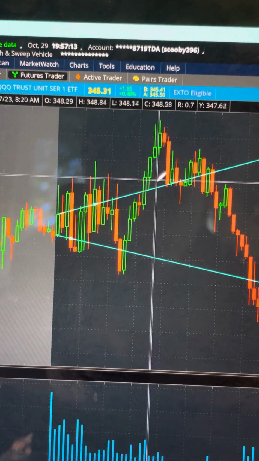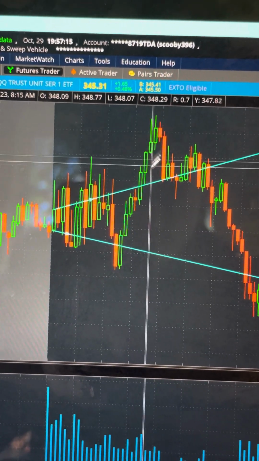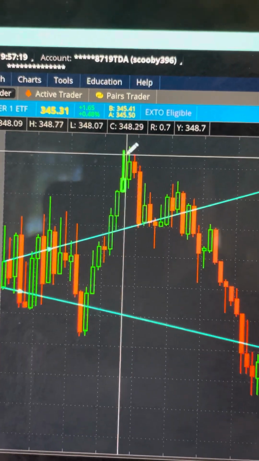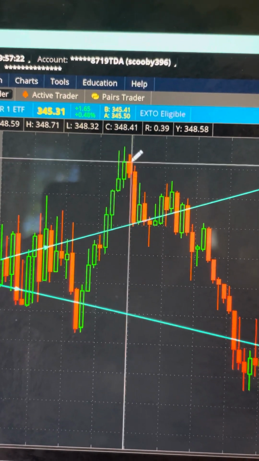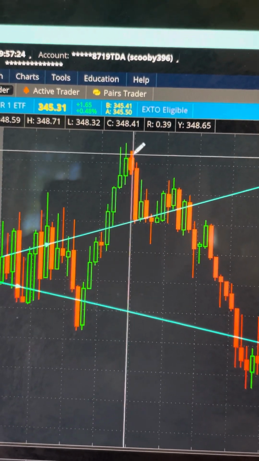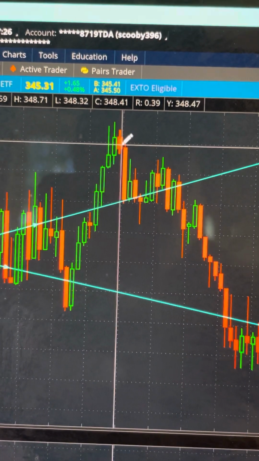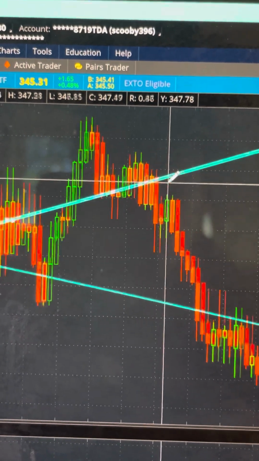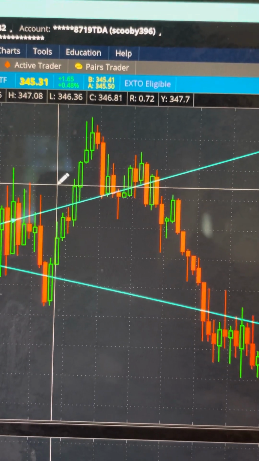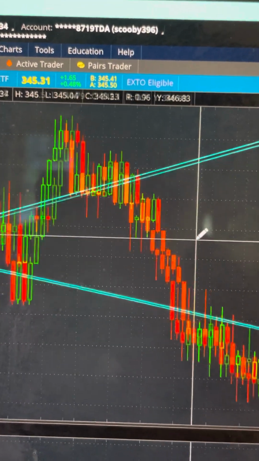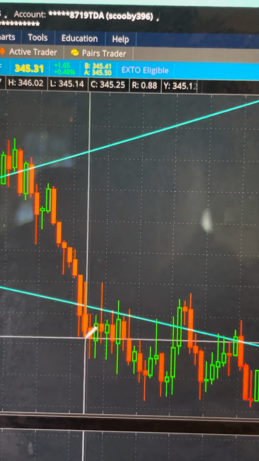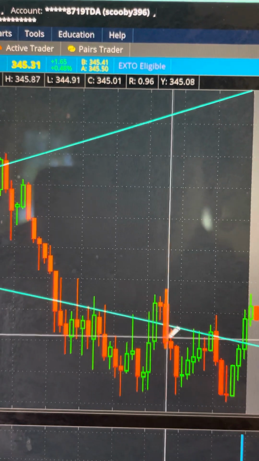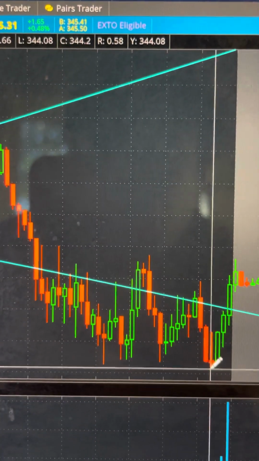So if you see this, you break above this trend line, you can tell that it's gonna keep going up. But once it gets rejected at this level multiple times, then you can tell that, oh, okay, we're having a hard time breaking through this, and then it turns bearish. Boom, retracement. Having a hard time breaking through this level again, and then boom, breaks through it, big move for the day, get down into the bearish trend line, just consolidation throughout the rest of the day until we get to this point,